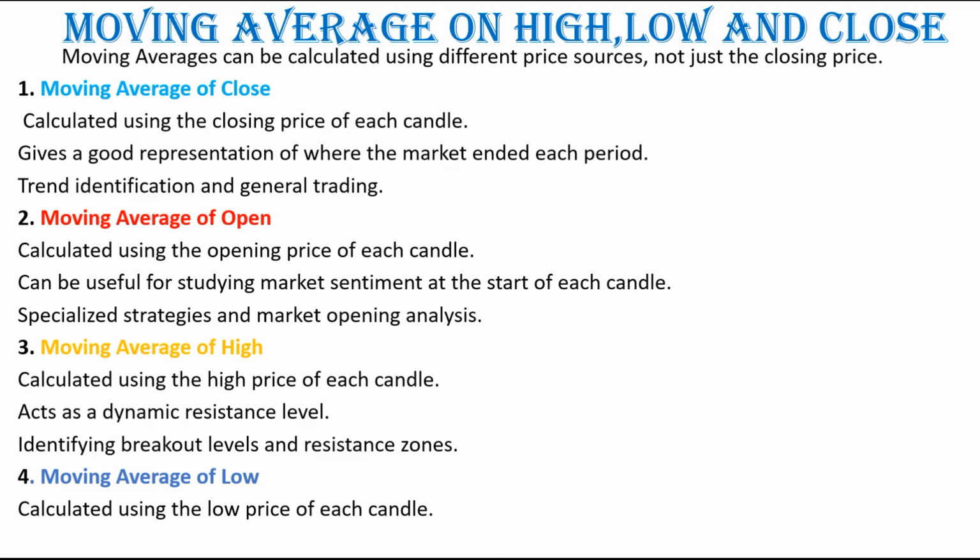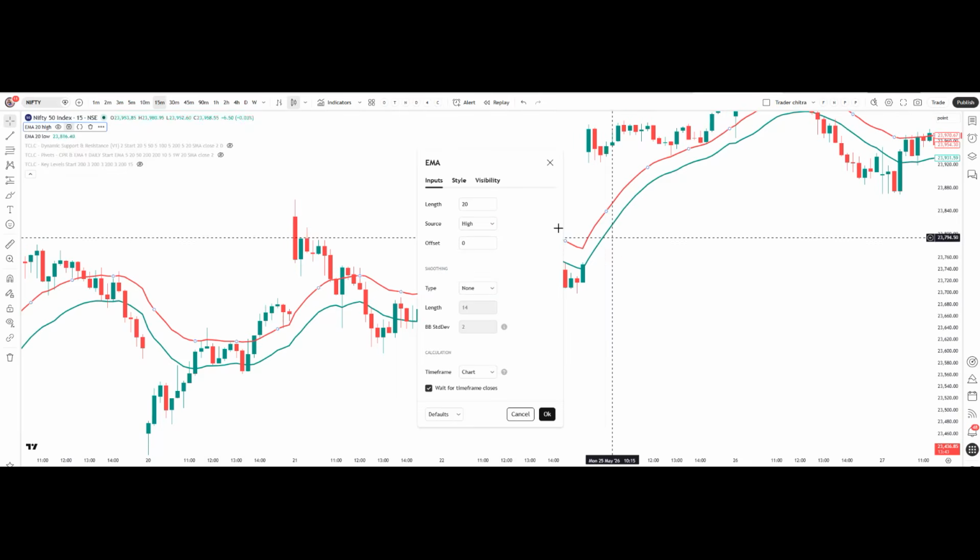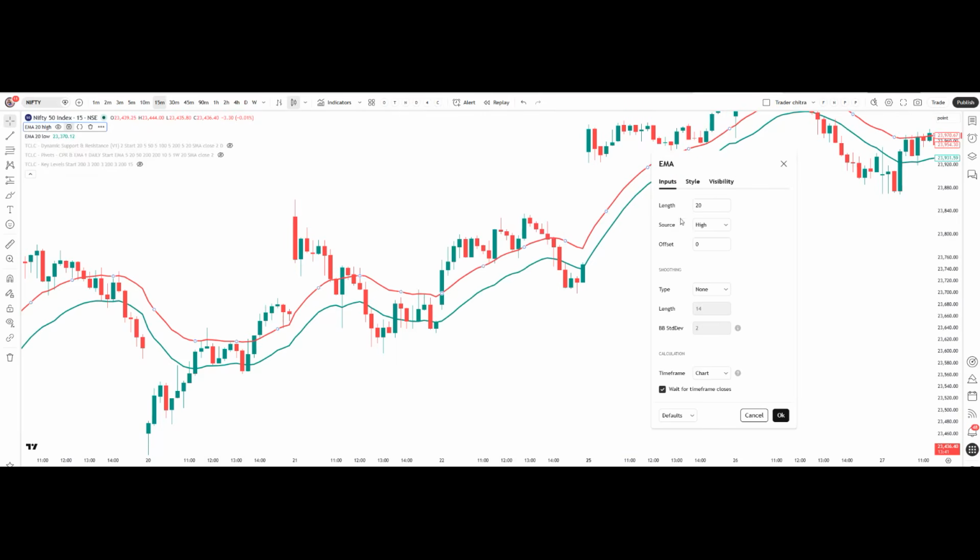Okay. So this is the Nifty chart. Here I have added two moving averages, that is, two exponential moving averages. Now go to the settings. Under the inputs, length, I have mentioned 20 moving average, so I'm going to show with the